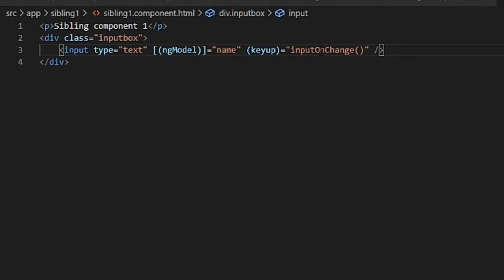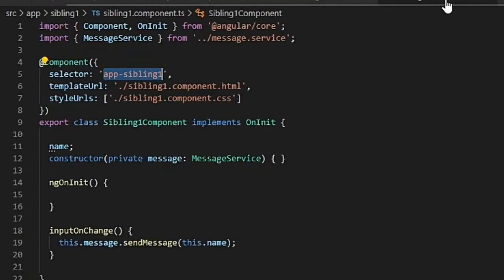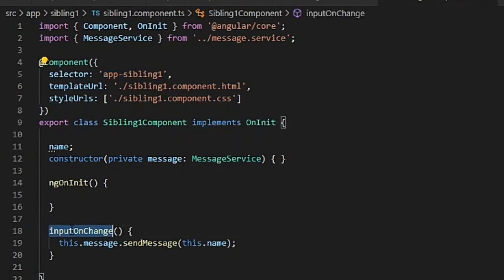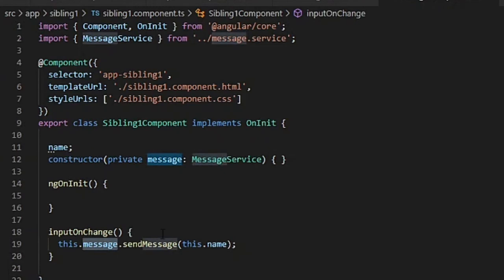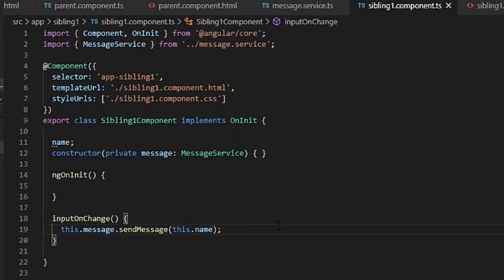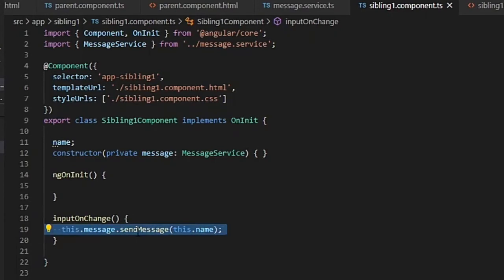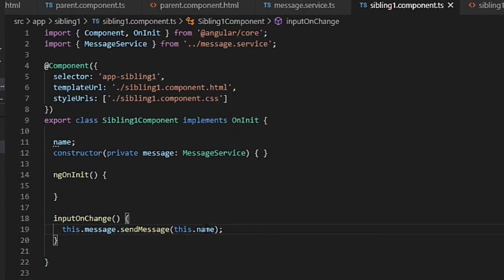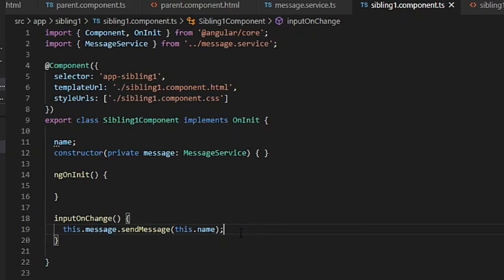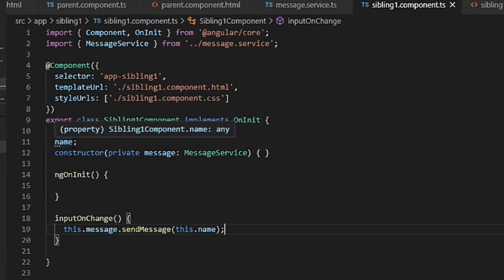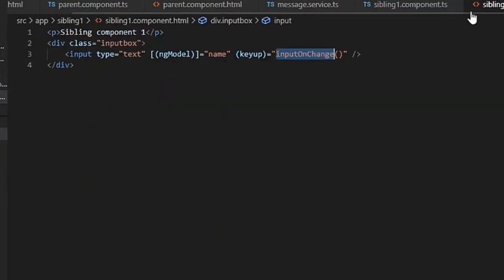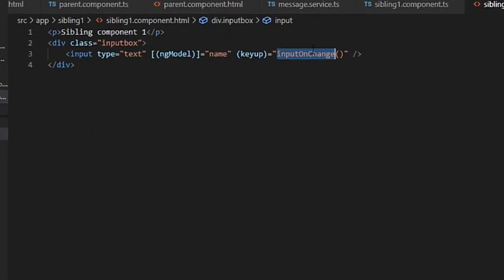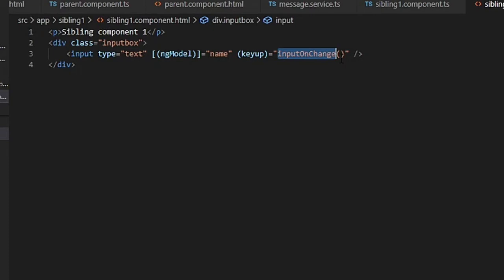On any keyup, this method will be called. In the sibling1.ts inputOnChange method, we create the object of message service and call its sendMessage method, passing the value this.name from the name property. That is two-way binding of the name property with ngModel, so we need not pass $event.value here.